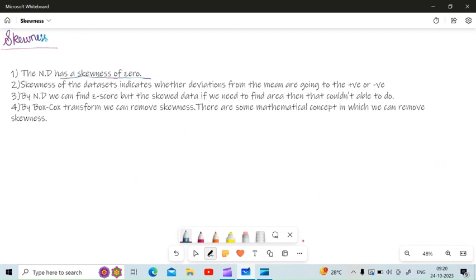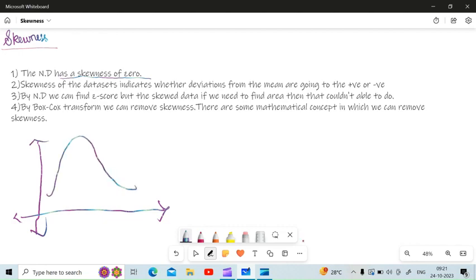For a normal distribution we can find the z score, but for skewed data, if we need to find the area, we couldn't do that. Why are they saying like that? I hope you have gone through the previous video, but still I'll just revise it. If you have normal distribution data, on x you take any values, any percentage or any values. On y you have all the probability values, like 0.1, 0.2. So whatever probability values you're getting over here, if you need to find this area,